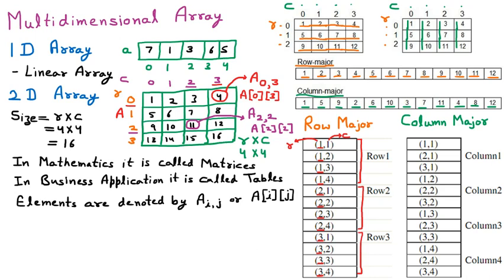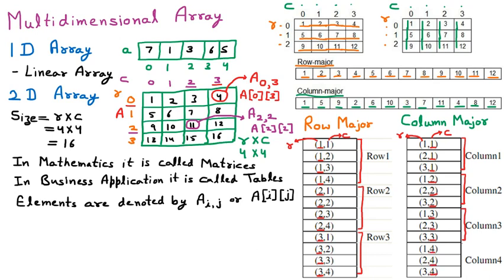Now talking about the column major, we know that the first represents the row and the second represents the column, and here we are talking about the column. So first of all we are taking all the columns. The columns are the same here. So first row first column, second row first column, third row first column. That means we are covering the column. Then first row second column, second row second column, third row second column. That means we are focusing on the column. Here all the columns are the same. Then the third column, then the fourth column.